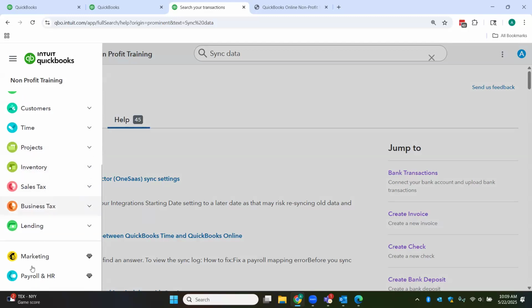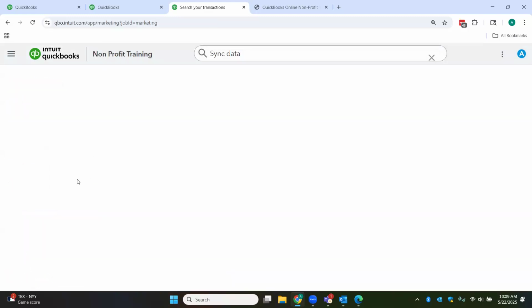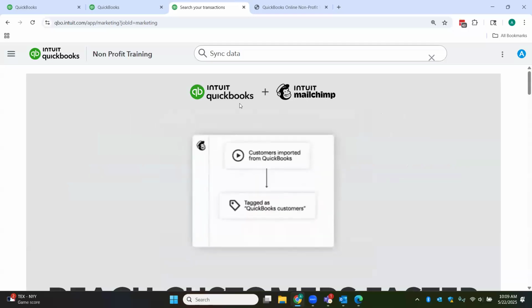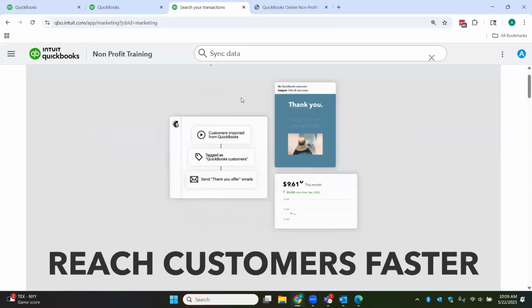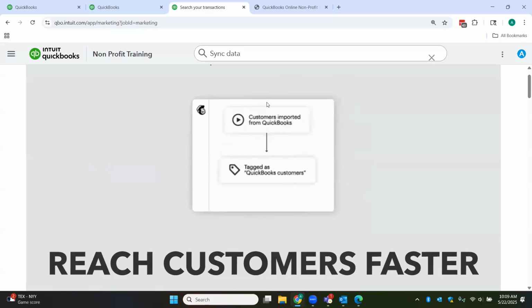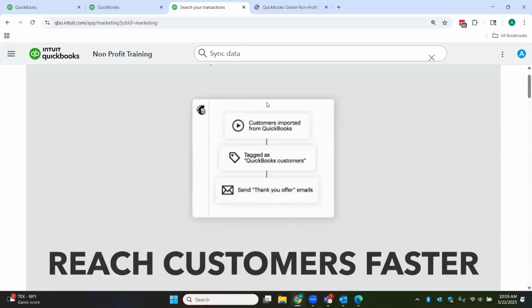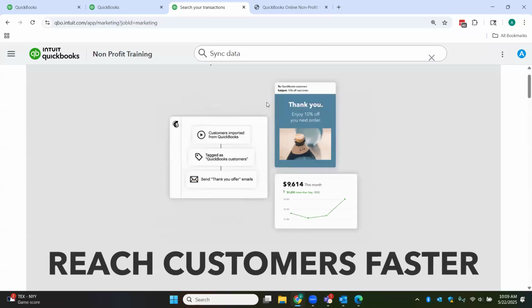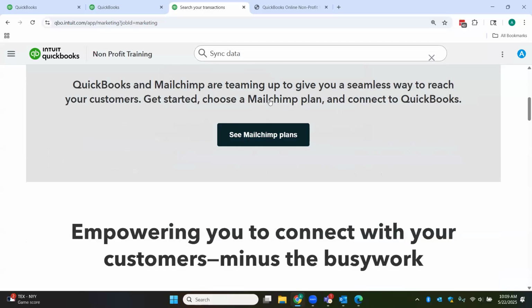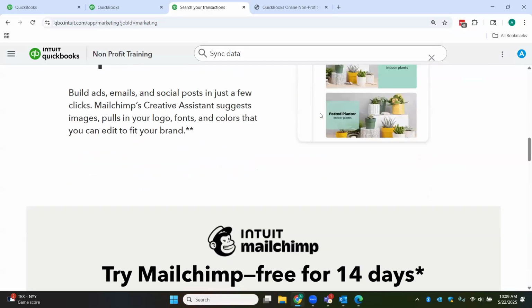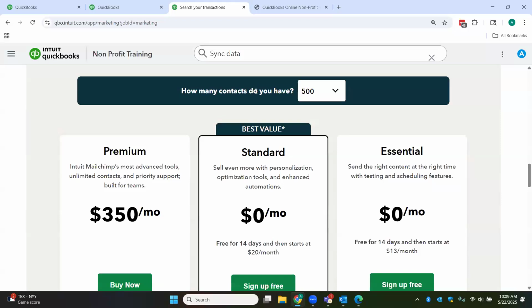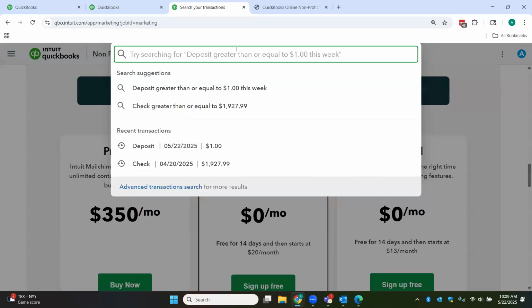So we have to go and look at, let's see here. Is it going to be under marketing? Did we stick it here? Okay, letting it load. There we go. Perfect. So you can see, nope, this is not going to let you sync anything either. Okay, let's do, where is my